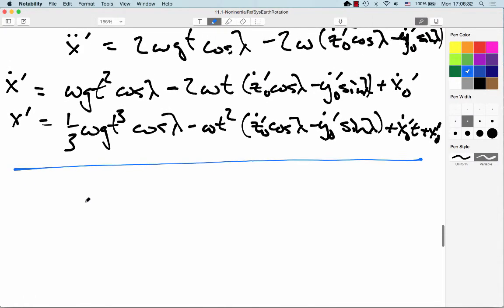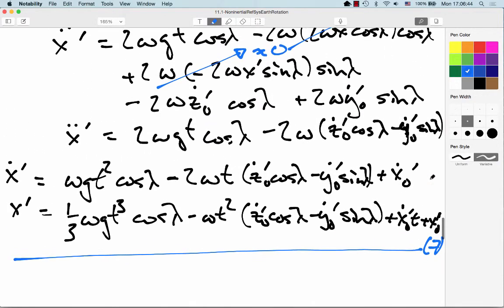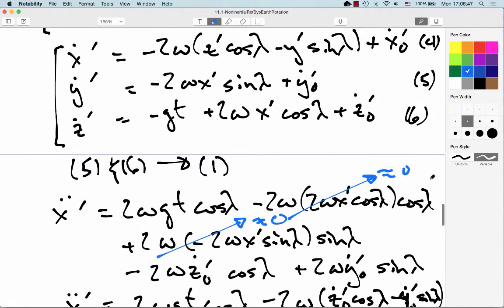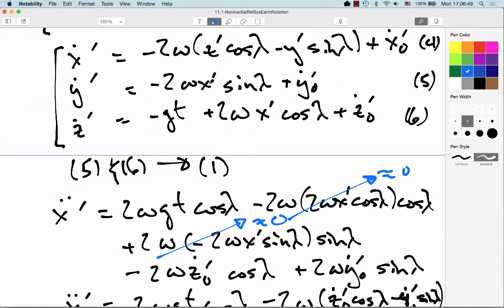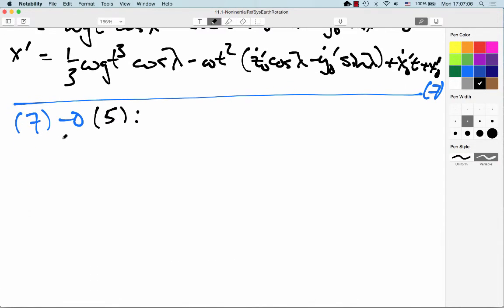All right, now to get the y, let's go ahead and call this guy here equation 7. So what we're going to do is we're going to take that and stick it in where we have our x prime, into our equation 5. So equation 7 goes into equation 5. When you do, you get